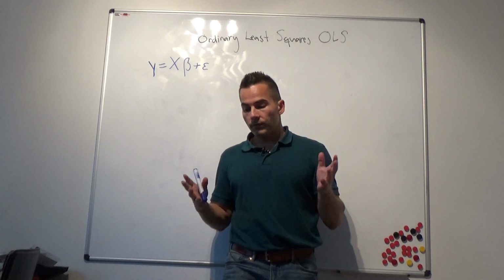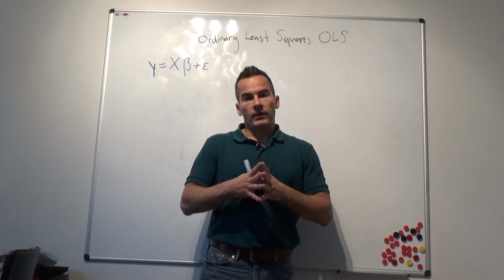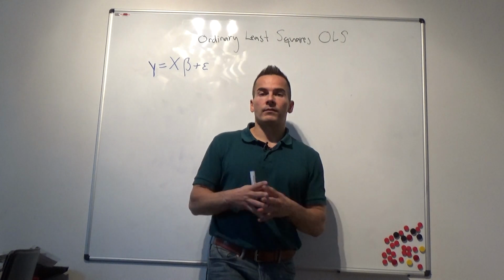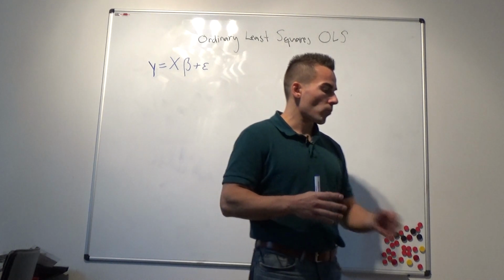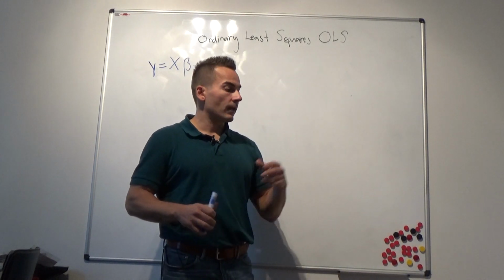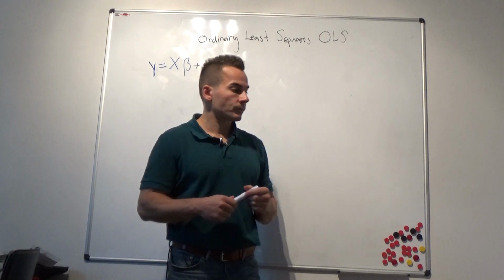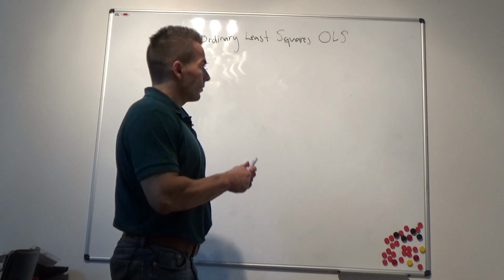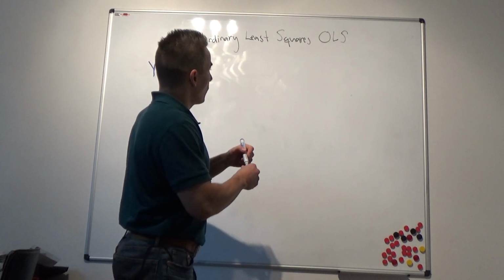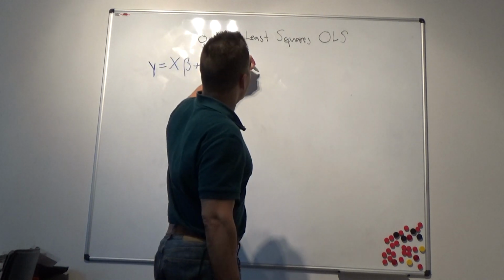We need to know the covariance of our point estimator so that we can make correct inference. So the first question is, what's the expectation? Again, our point estimator is given by, so B